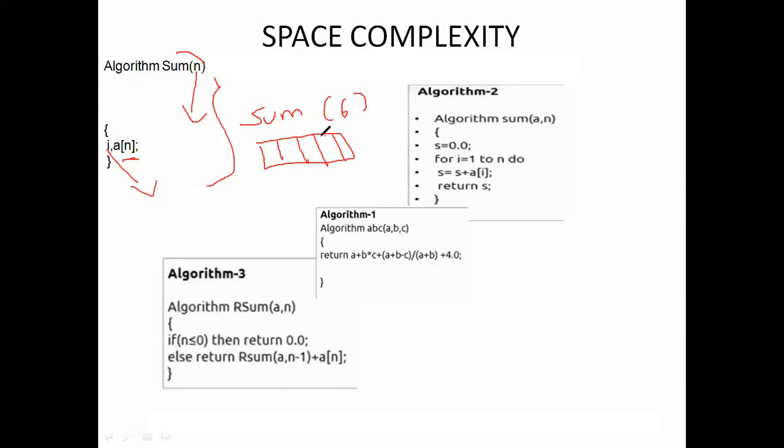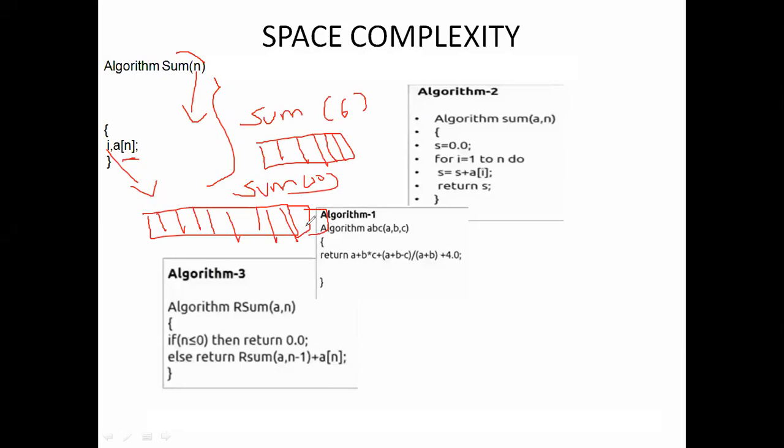And if you are taking the value 10, it allocates 10 blocks of memory: 1, 2, 3, 4, 5, 6, 7, 8, 9. So the array size is not the same.